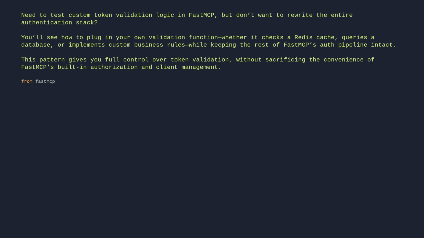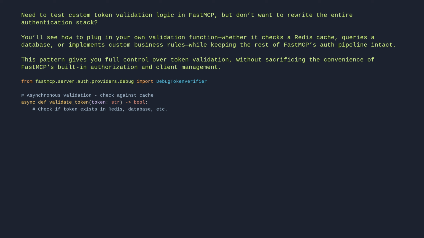From fastmcp.server.auth.providers.debug import DebugTokenVerifier. # Asynchronous validation, check against cache. async def validate_token(token: str) -> bool: # Check if token exists in Redis, database, etc. return await redis.exists(f"valid_tokens:{token}")